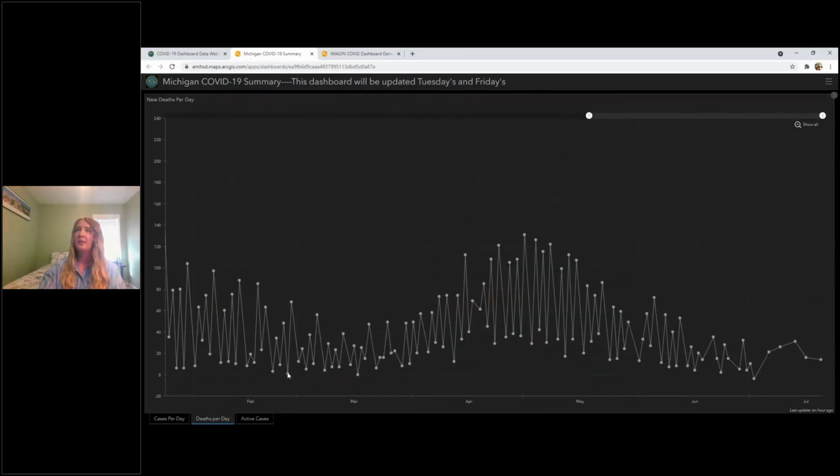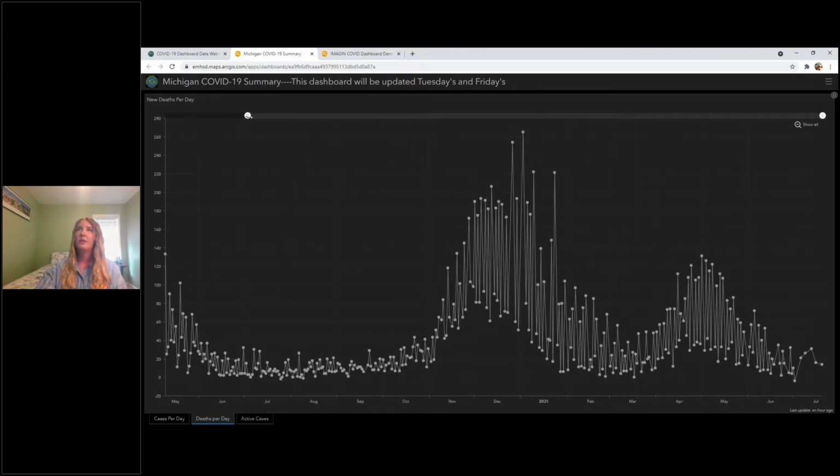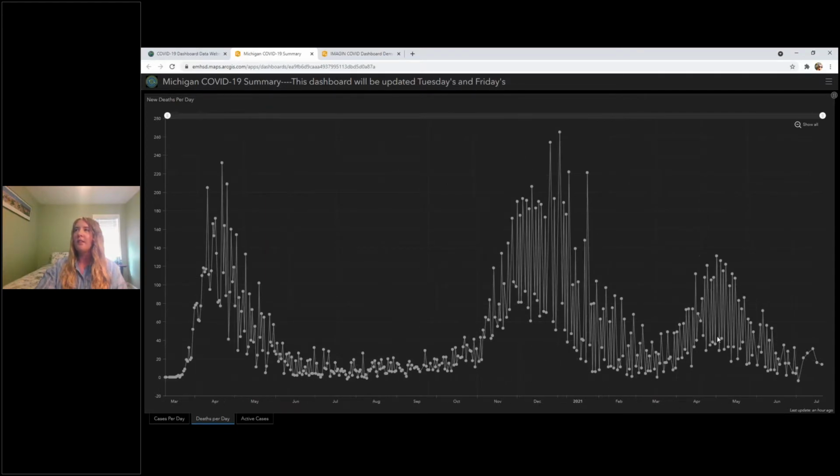Tabbing over, I have the deaths per day. You'll see the up and down spike here. A couple times a week, MDHHS reports the vital record reporting. That just identifies COVID as a contributing factor for death, and that's matched against positive cases in the Michigan disease surveillance system. And then death corrections are made. Since that happens a few times a week, right now I believe it's just on Tuesdays, you'll see the random up and down as deaths are corrected.